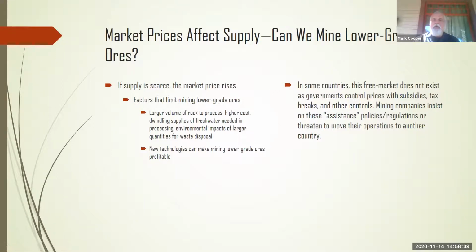Lower grade ores cost more to pull out of the ground. But depending on the importance of getting them, some countries will increase production. Again, because of subsidies, that throws the free market off and makes it very difficult to gauge what we should do.